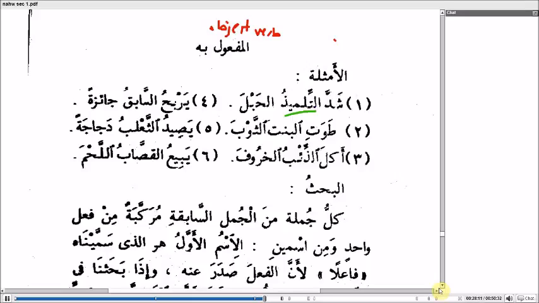Anyway, let me go to the ones I can do easy, because there's one which is doubled and one which has a weak word, then it's going to be hard. But for instance, akala is the verb. Dhi'bun, the wolf,